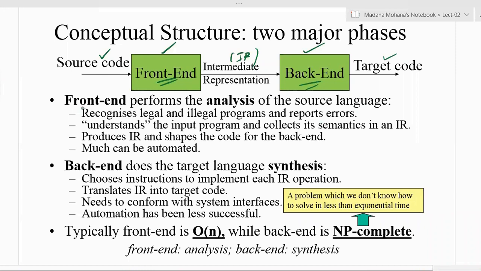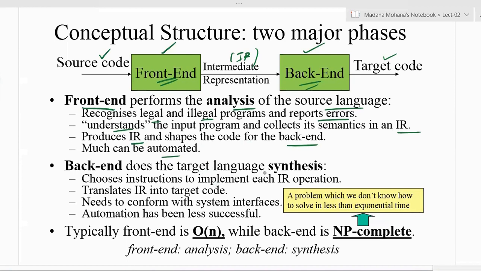Now the role of the front end: it performs the analysis of the source language. It recognizes legal and illegal programs and reports errors, understands the input program and collects its semantics in an intermediate representation. Then it produces intermediate representation and shapes the code for the back end. Much of this front end can be automated.